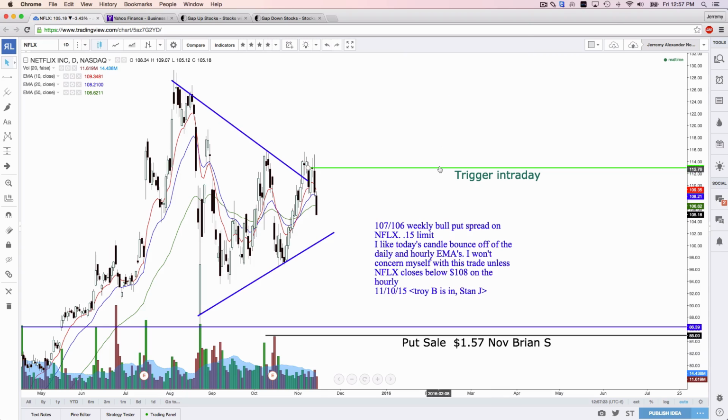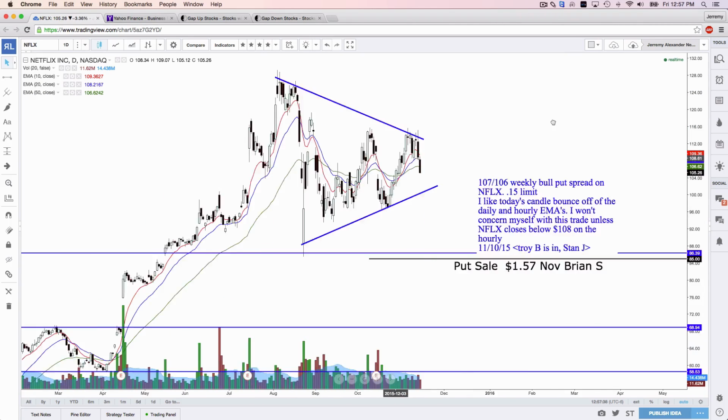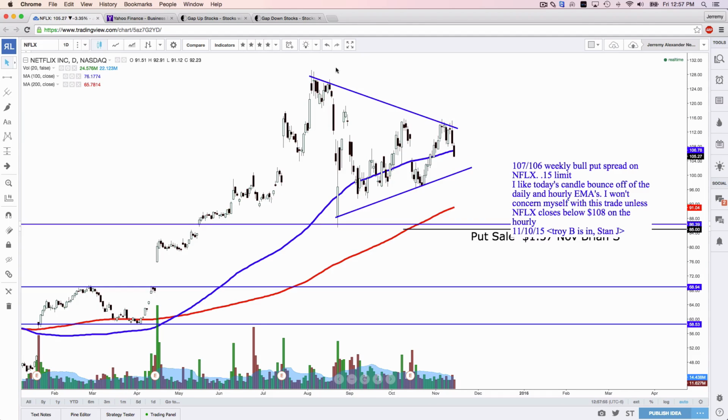I was considering getting in Netflix directionally bullish, but instead decided to get into a 107, 106. I did exit that 107, 106 bull put spread today, and thankfully so, because Netflix right now is pulling back down. Apparently, this little triangle distribution phase thing that Netflix is in is for real. So, small double top on Netflix, bearish candle today, anticipating a pullback down to 100, maybe a little bit lower,